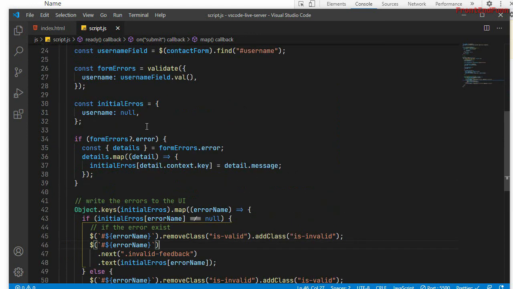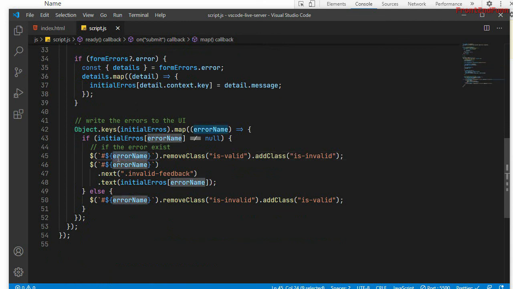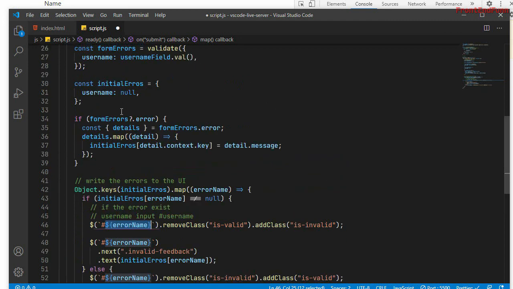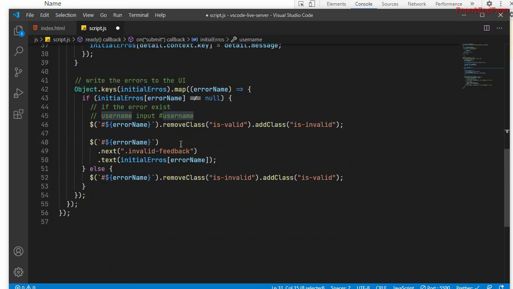Right now we have only one field, that is username. So what happens here is we'll be selecting the username input and we'll be adding the classes here. This is username input. So I'm just trying to get using the username here, hash username. So hash, and this will be replaced with the username. Fine.